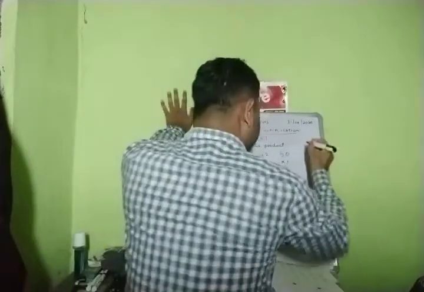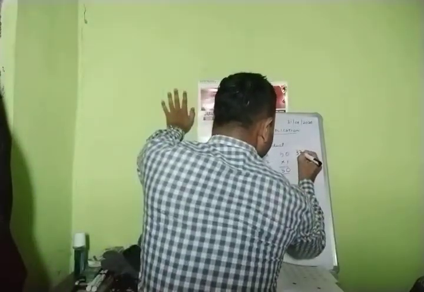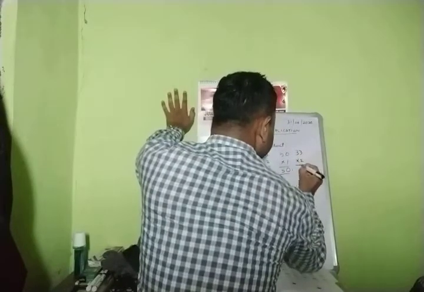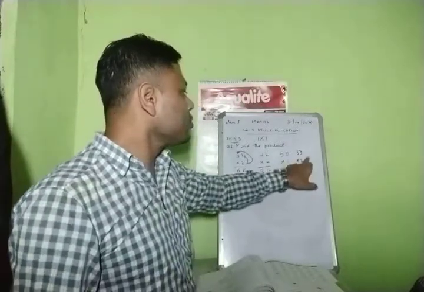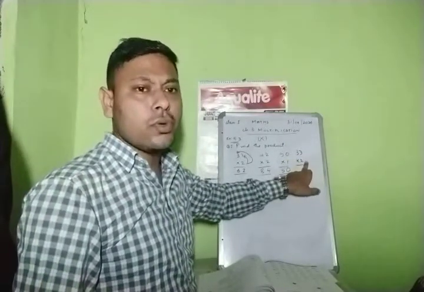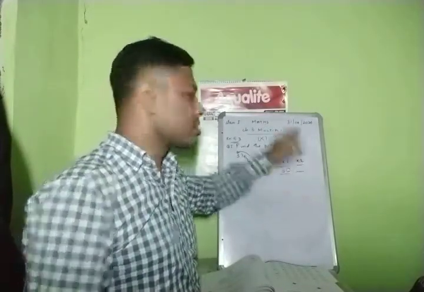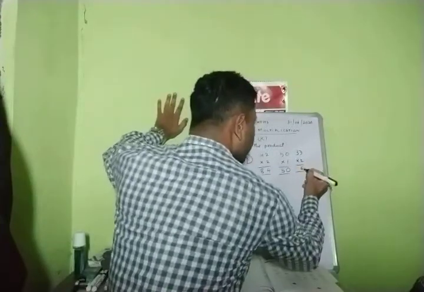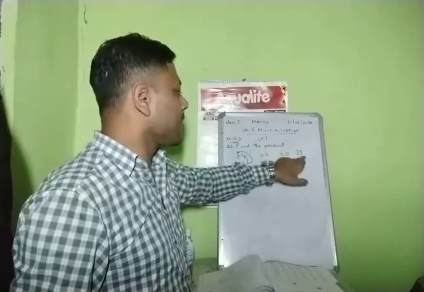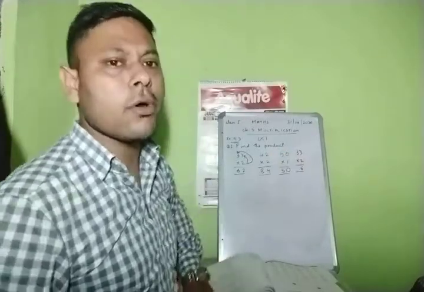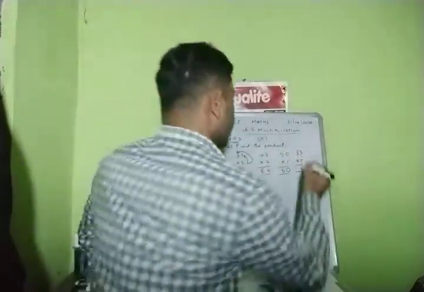Next, 33 into 2. Now see there. First number 2 and 3. 2 ones are 2, 2 twos are 4, 2 threes are 6. So 2 threes are 6. Again same. Second number is also 3. So same again, 2 ones are 2, 2 twos are 4, 2 threes are 6. So we have to write here 6.